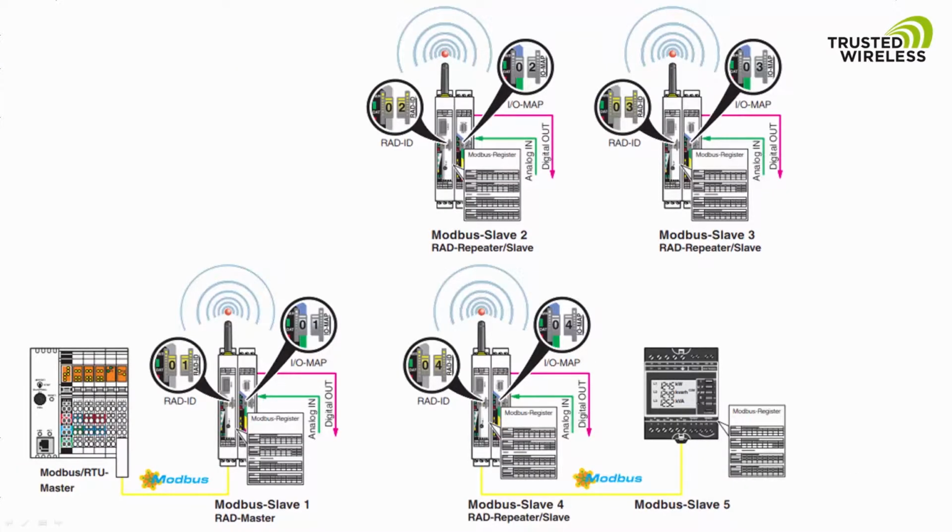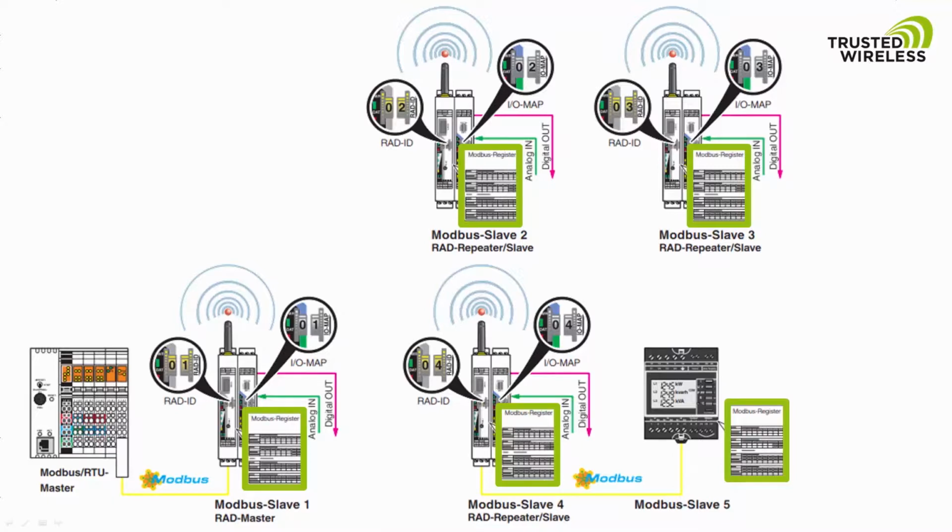Compared to the PLC Modbus RTU mode, in the new dual mode, the Modbus table is not stored centrally in the Radioline master. In this mode, each station of the wireless network operates as a standalone Modbus slave. The yellow RAD ID has two functions in the dual mode. First, it addresses a radio station in the network, and second, it is the Modbus RTU slave address.